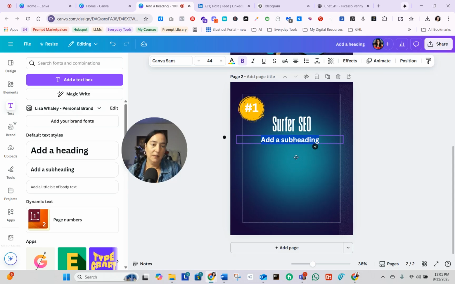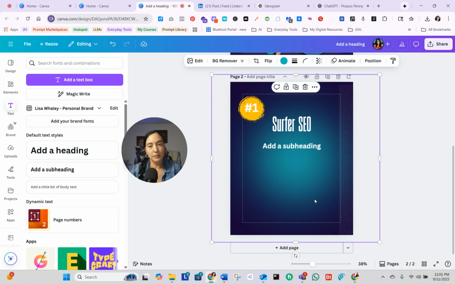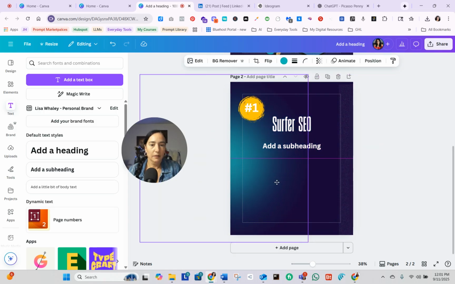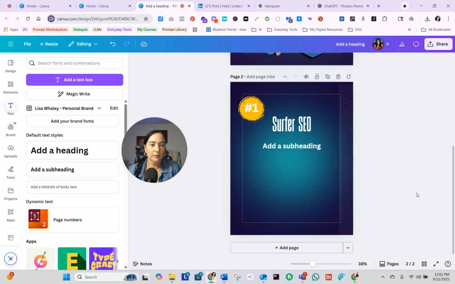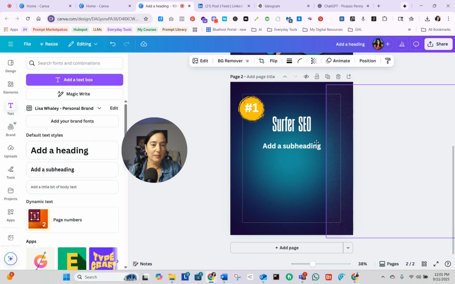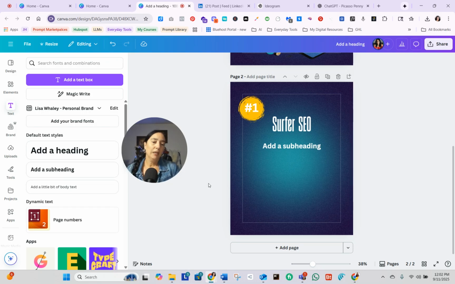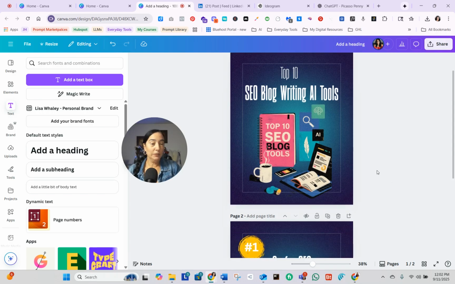And then Surfer SEO, I might put a little summary. As a matter of fact, it's a carousel post that I'm going to have to do fairly shortly. But yeah, so, oops. That's my little circle there. See, what I'm telling you, it gets a little bit, there's my gradient. Pull it back over there. Yeah, so that's how you create beautiful Canva post